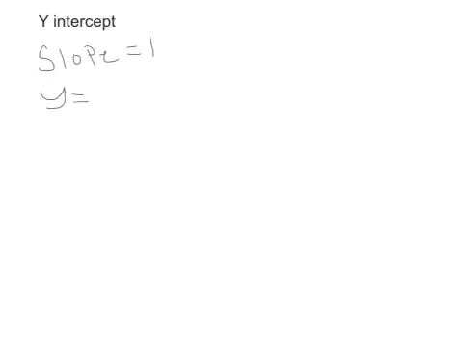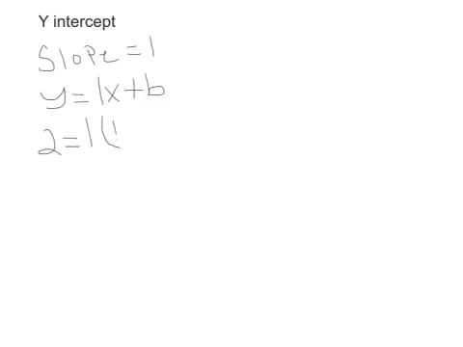So if we write it in slope-intercept form, we will get y equals 1x plus b. So to get the y-intercept, we're going to use one of our starting points, and substitute them for the x and y values. So if we use point A, that is (1, 2), then we will be getting 2 equals